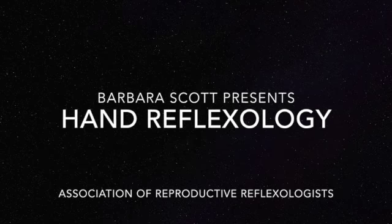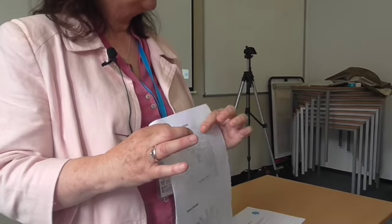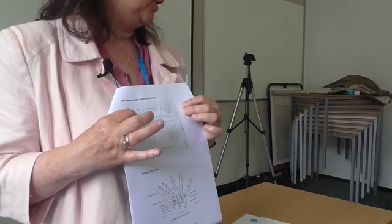So I'm going to go through the handout we have for the hand reflexology reflex points. What you'll see in the top diagram is Lynn Booth's lovely hand diagram, and I have added in the fallopian tube and the uterus reflex points. She has ovary, testes, and I've added in uterus, prostate, and I've also added in what you'll see is the fallopian tube